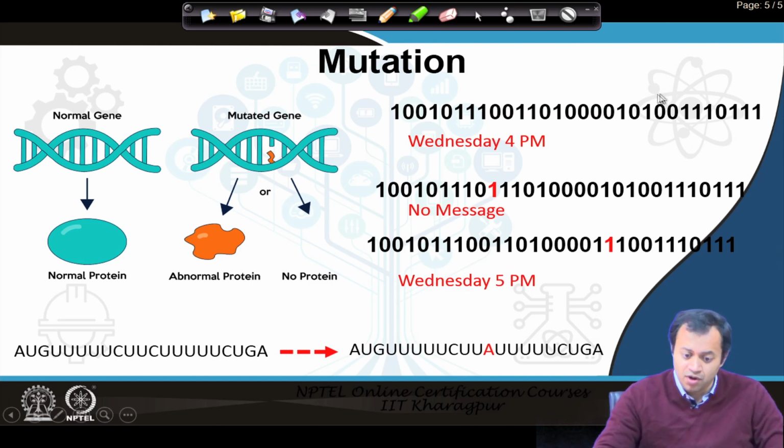You have sent this information, but the spy might not be listening. Or even if he had listened, Wednesday 4 p.m., he is too lazy to go. Similarly, the protein that has formed out of it, either came in very low quantity or did not get switched on, so there was no receiver at the end, so it did not come out. All of these factors may happen. In biology, there will be exceptions. It is not like physics, it is not like the Schrodinger wave equation, where you will be pinpointing something.